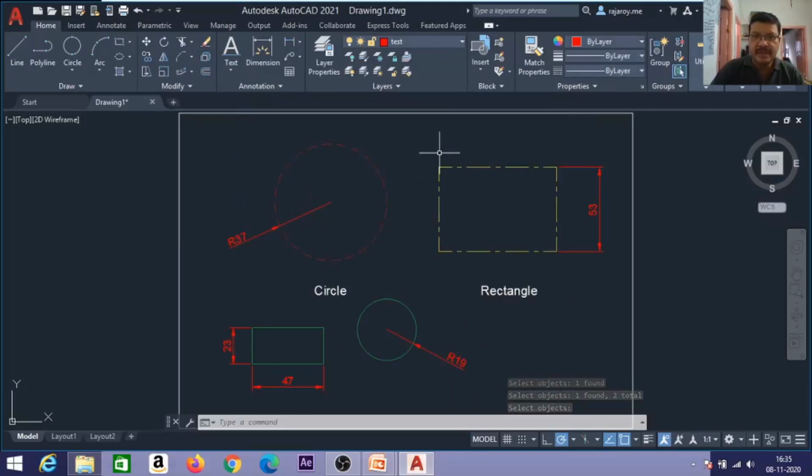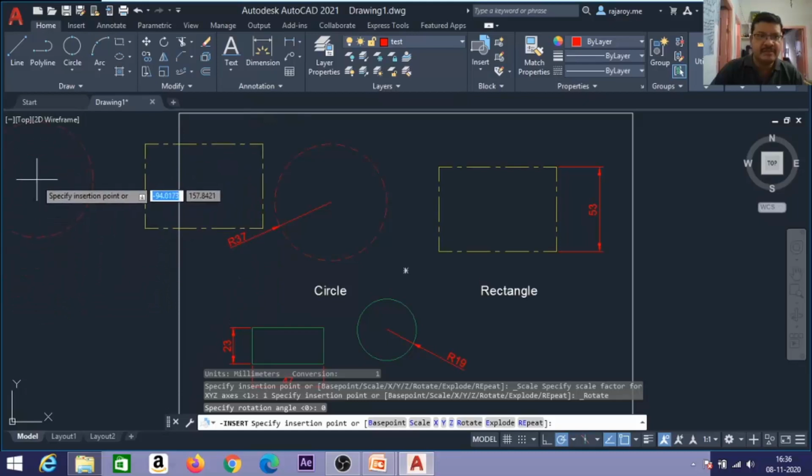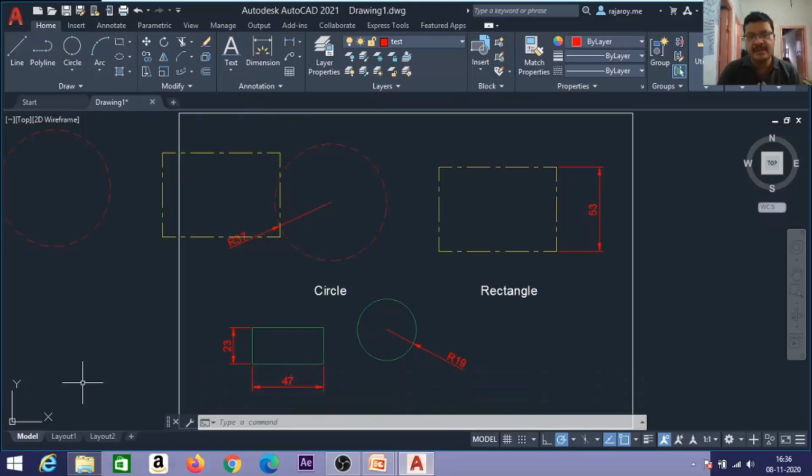Now these two objects are created as a block. I want to insert that block. You just go to insert. This block T1 is available. Just insert it somewhere here. Wherever you want, you can insert that. Something in this way, some combined objects you can create as one block, and you can easily insert it wherever you want. For example, you are making a nut or a bolt. That nut you can create as one block, that bolt you can create as one block. Whenever you want, you can easily insert it. That is the advantage of block and insert.